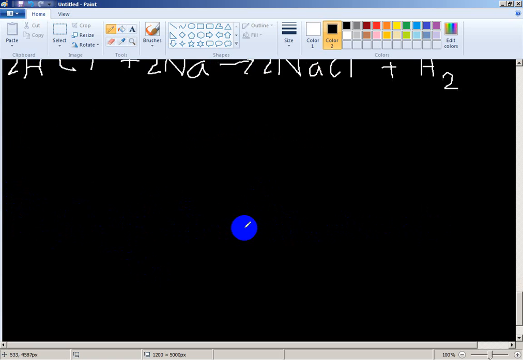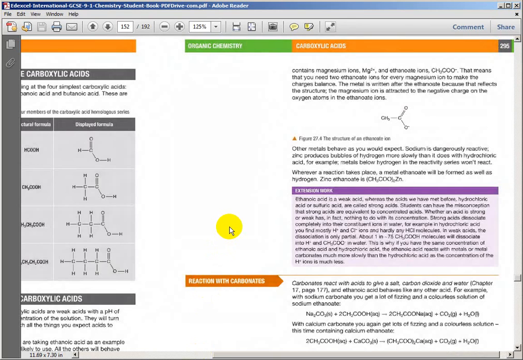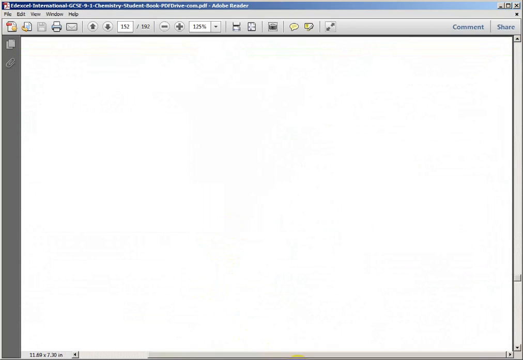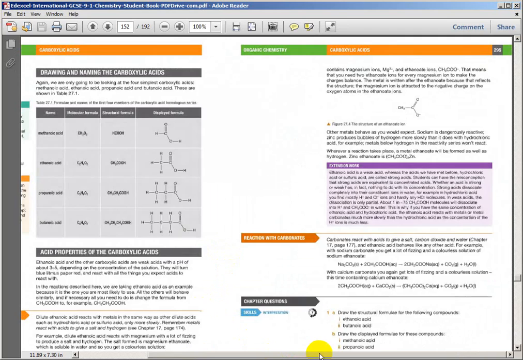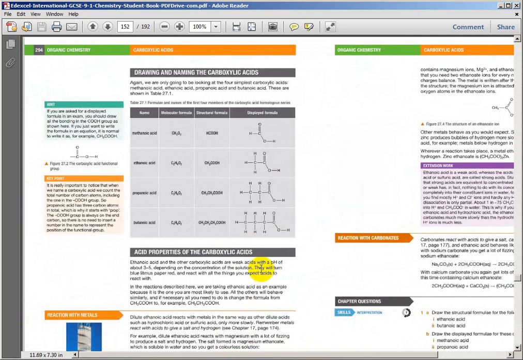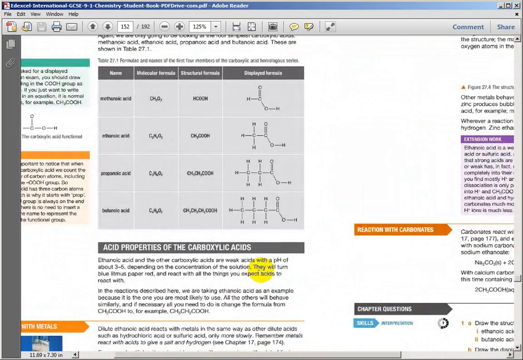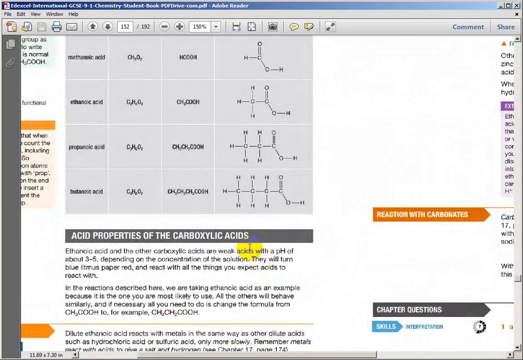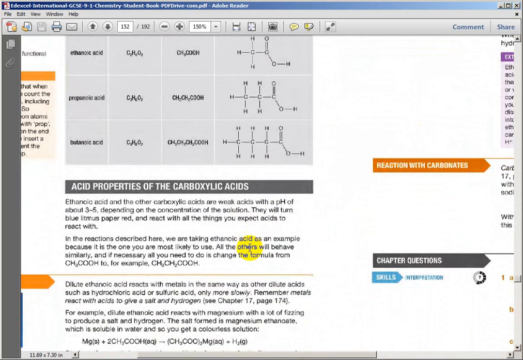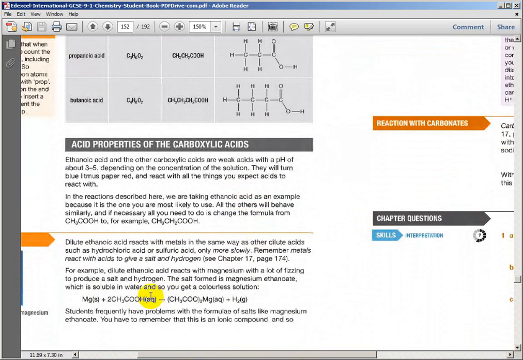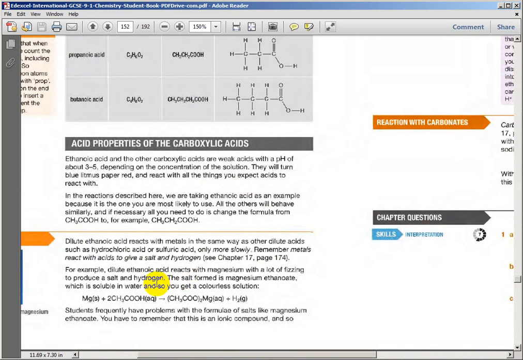Okay. Now when carboxylic acid reacts, which carboxylic acid? Any carboxylic acid, like this carboxylic acid. Which carboxylic acid is given here? Here given is ethanoic acid. Ethanoic acid when reacts with